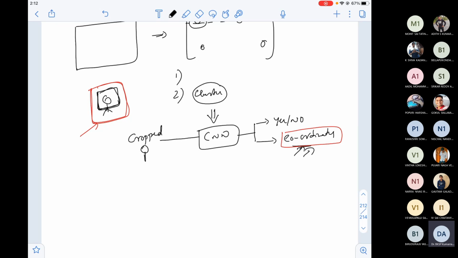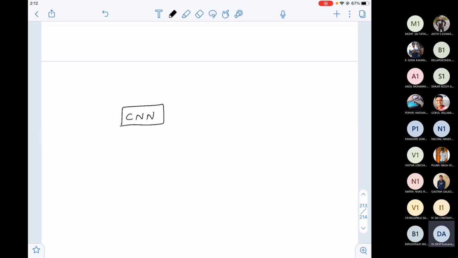So how it can give both is the very important question we have to answer. That's where I think we stopped in the last class. Somehow we'll try to address this. Let us think in a different way.